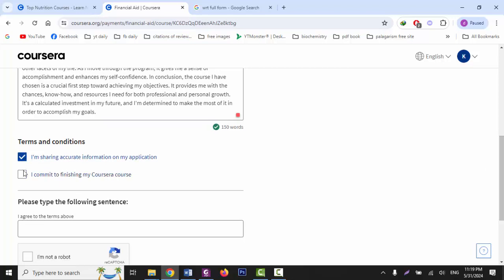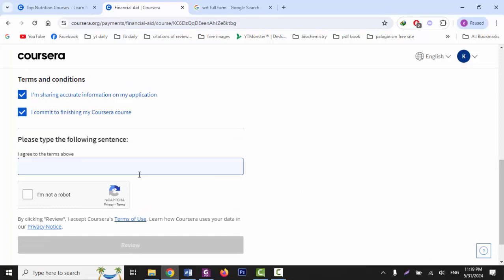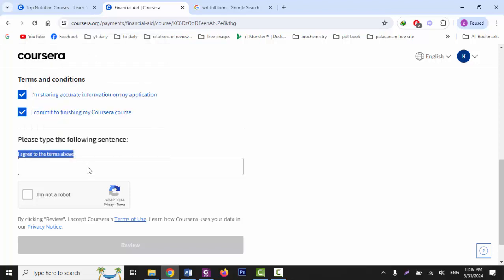You have to check all these sections before applying. So please type the following sentence: I agree to the terms above.